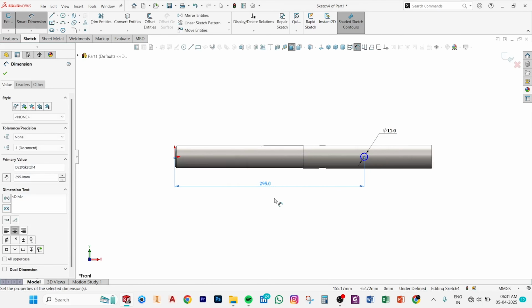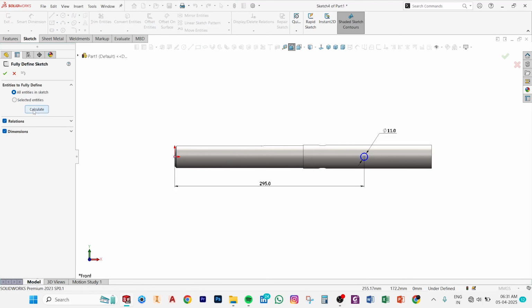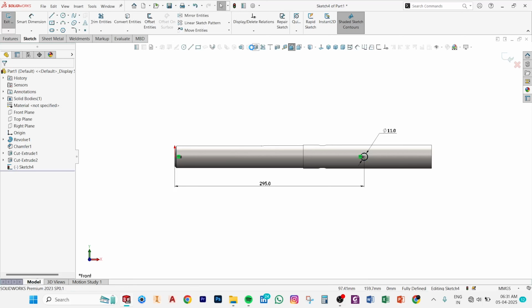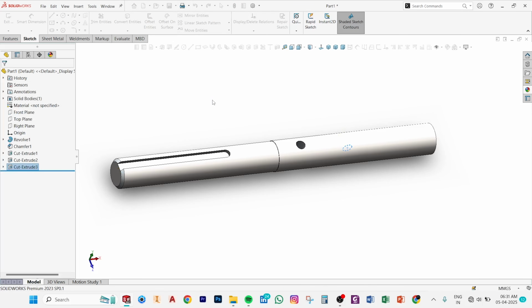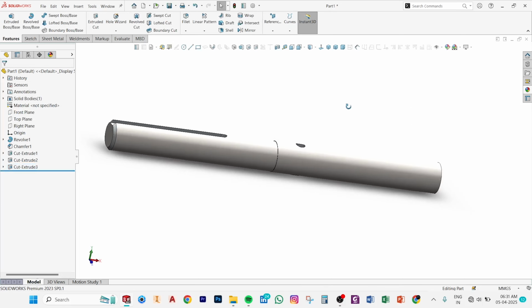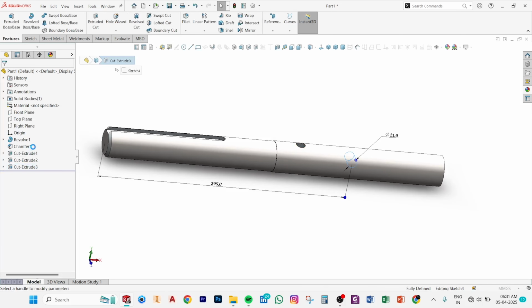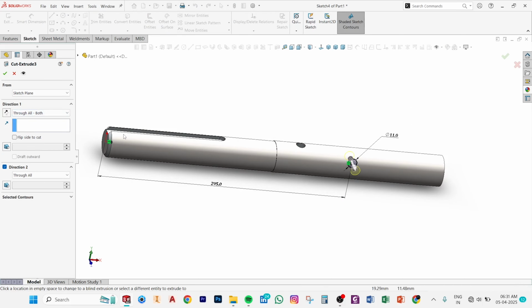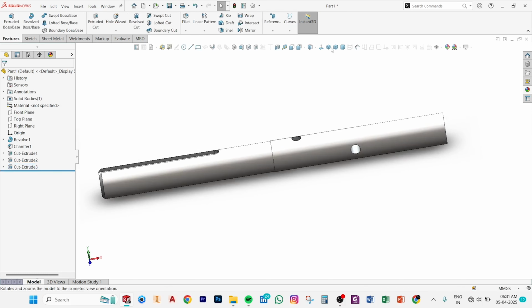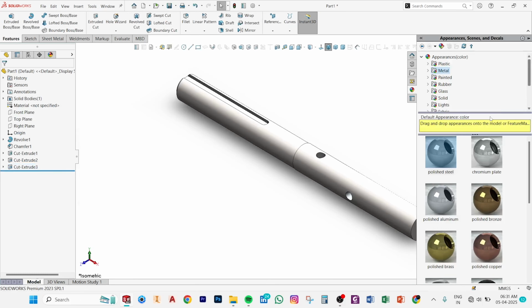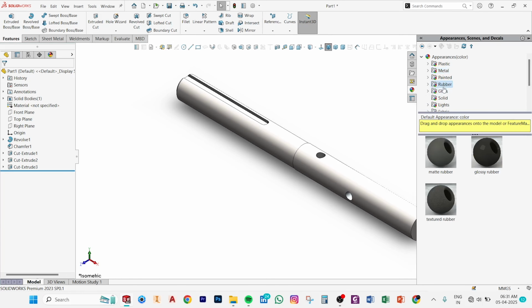Okay, extrude cut. It cuts on one side only, so select both sides. Now I need to apply some appearance over there for the hole and everything. Don't worry, it's not mandatory for this. After applying the appearance,